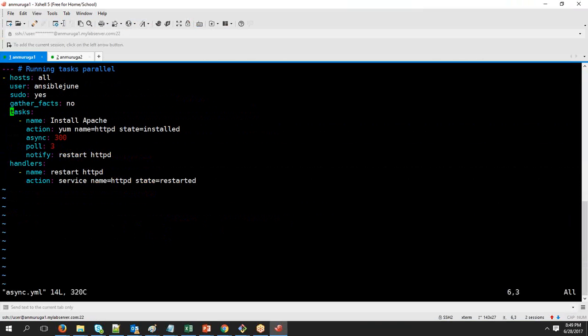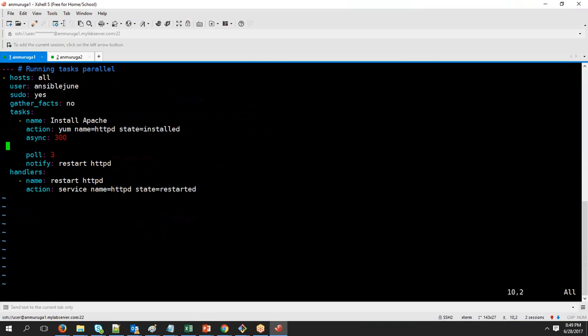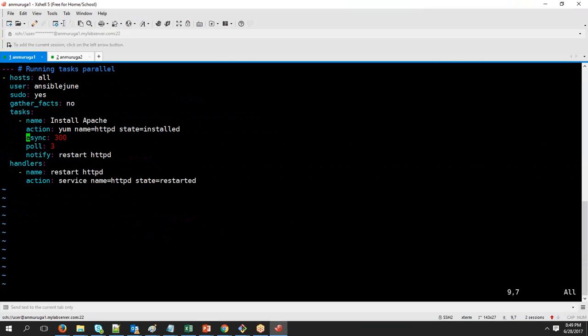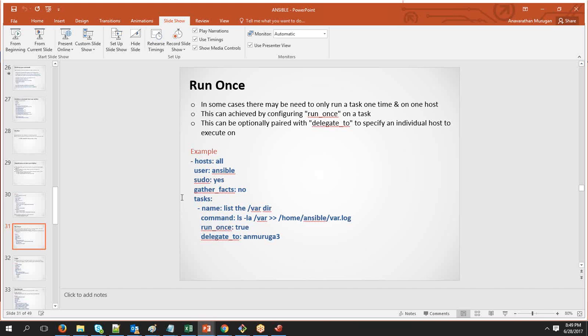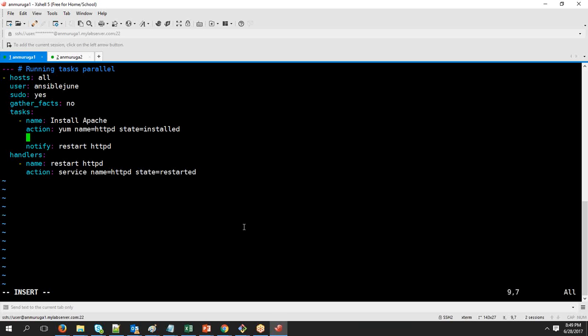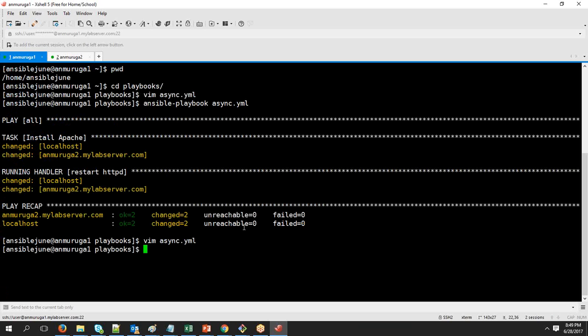So here in this, let's say I'll remove this and I'll maintain the indentation, and then we will say run_once and the value is true. Okay, and once this is done, if I try to run the same playbook,